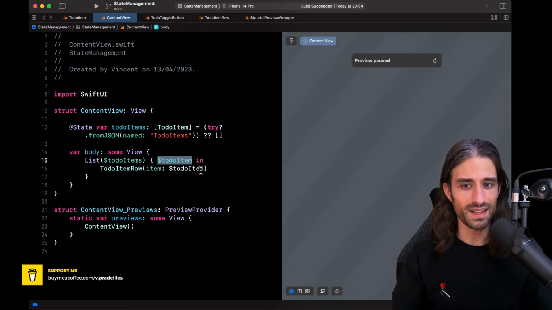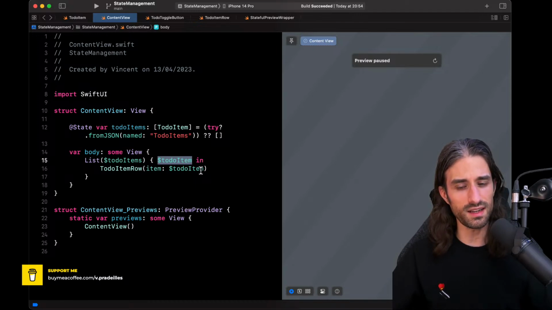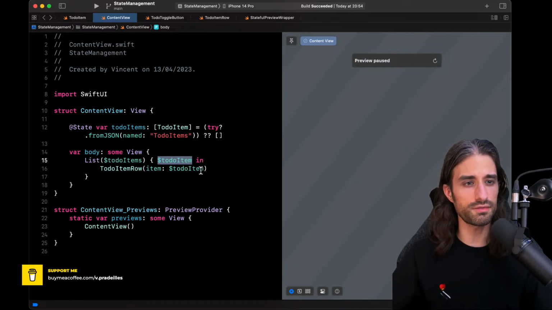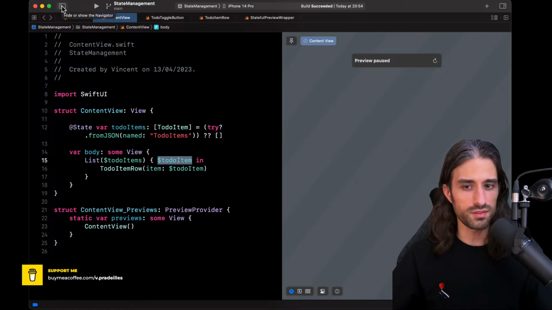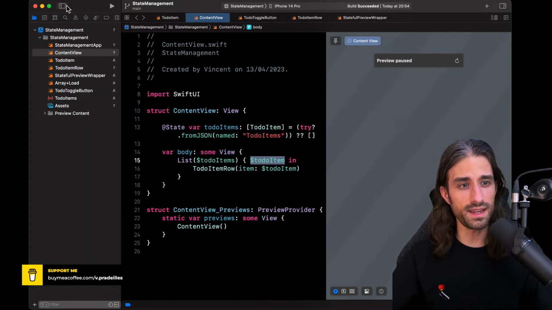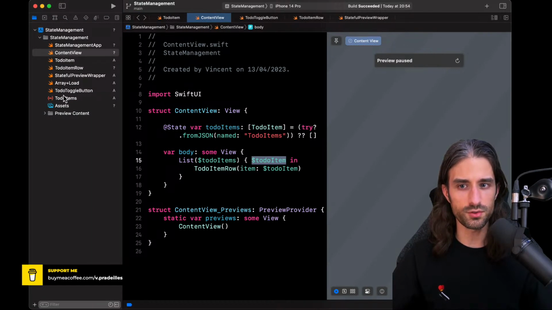And honestly, in most cases, I would rather go with this syntax, because the fact that you're passing a binding is important, because a binding can update data. So the more visible it is, the better, I would say. Even though in the end it's a matter of preference. But except for very short syntaxes, I would rather stay with it, especially because this syntax might not be known by everyone. Also, that's something to keep in mind.